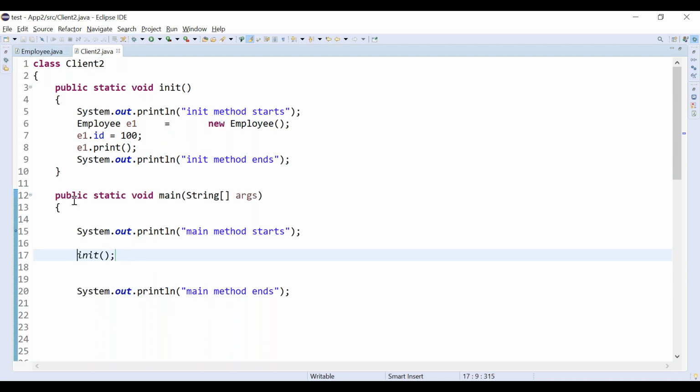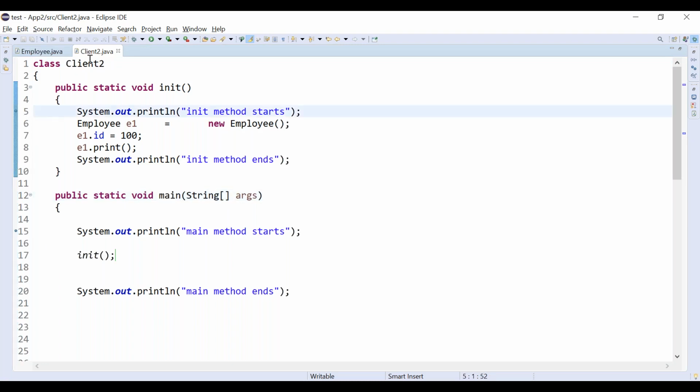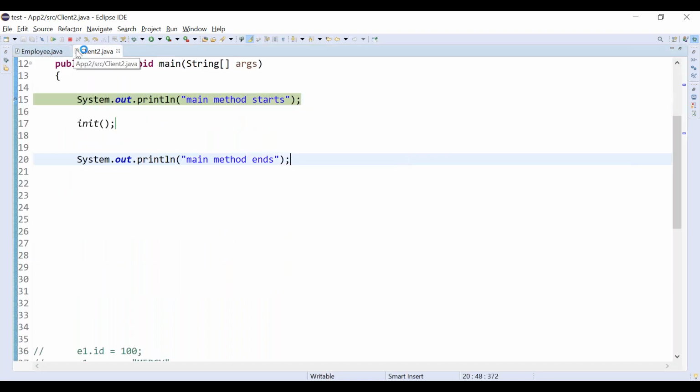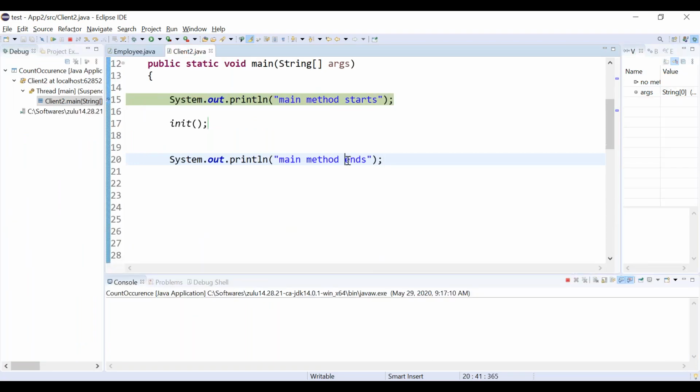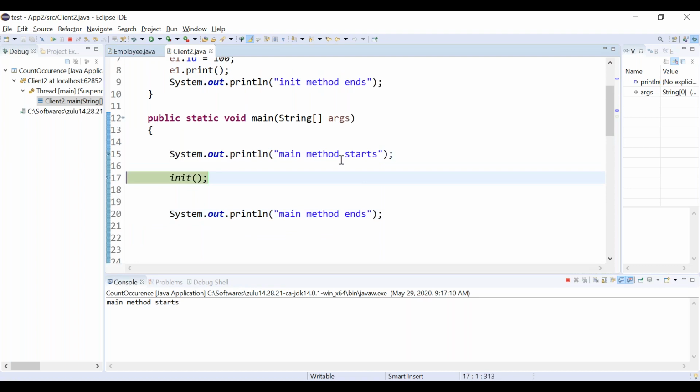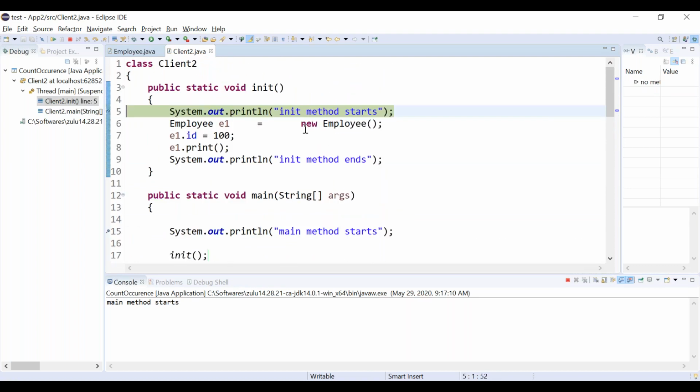What will happen? When Client2 is loading into memory, both methods will be loaded. JVM calls the main method, right? So let's run it in debug mode. Again, set the breakpoint. The flow started in the main method, correct? With F6, you are going inside the init method.